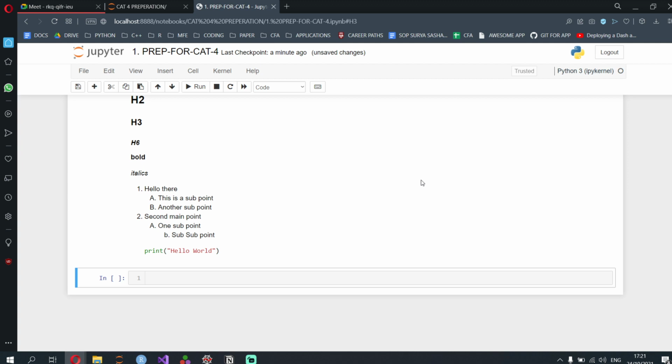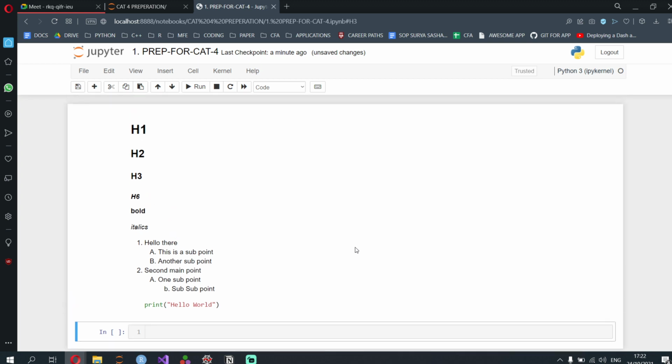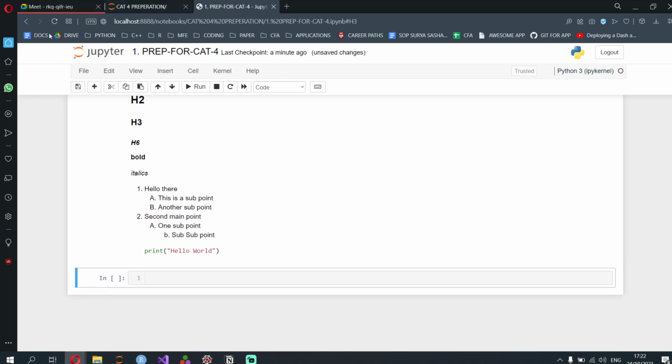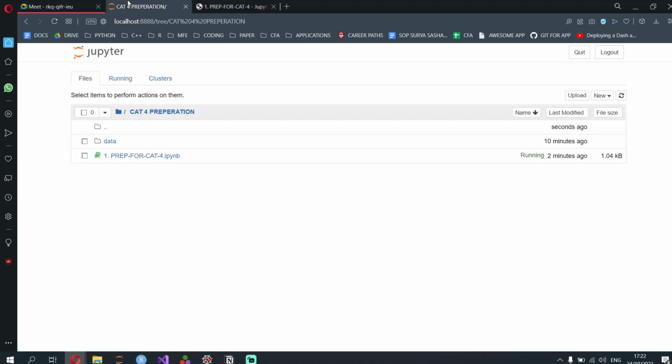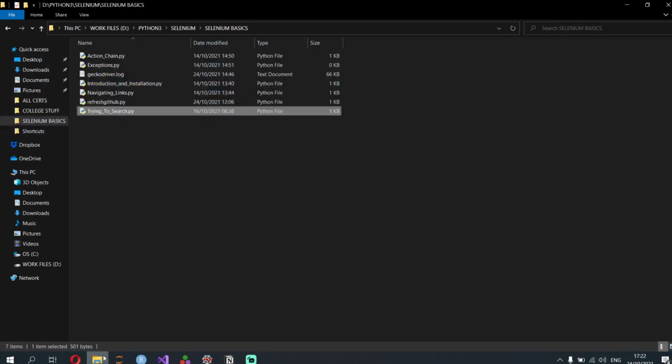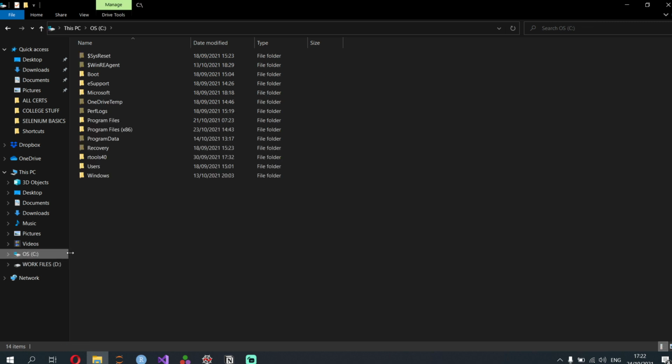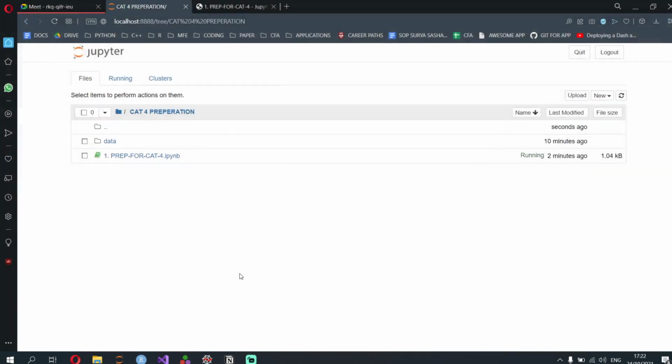So that's it, guys, with respect to what needs to be in Markdown. So let's go one by one. First, let me see if I'm able to get a new data folder. Okay, yeah. So now about the location.